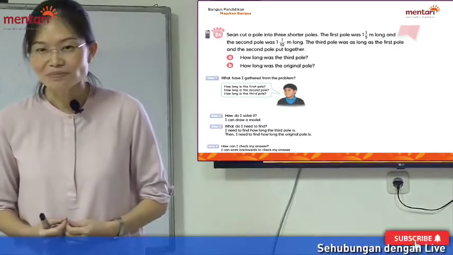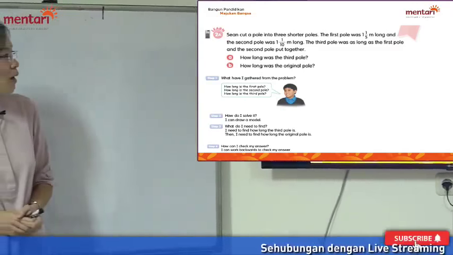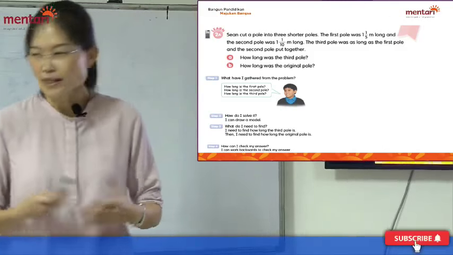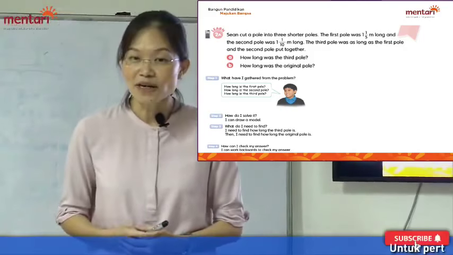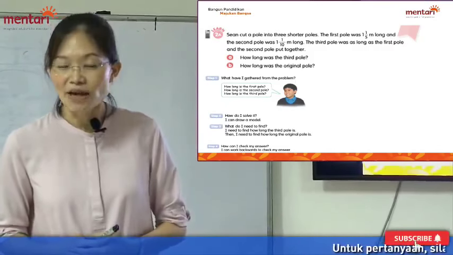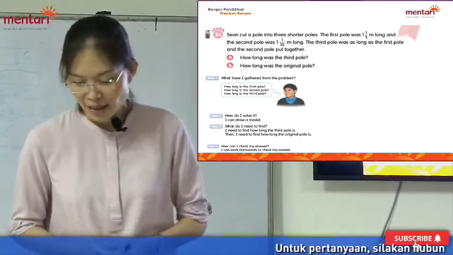Now again, that is the first part. So we have gathered all the information. We know the length of the first pole, the length of the second pole, but we don't know the length of the third pole. But I think we can find it, okay? And this is what we are going to do. Again,